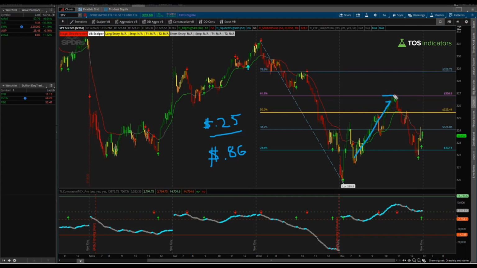326 zone. This is a 618% retracement. This is about as picture perfect of a trade as you could get. This 25 cents was worth close to 55 to 60 cents, depending on what you actually ended up selling it at. I got out at 55, and so that was a nice gain in terms of a very low risk trade that almost all account sizes should be able to handle. And the entire risk was 100% of this debit paid, 25 cents or 25 bucks per one lot in terms